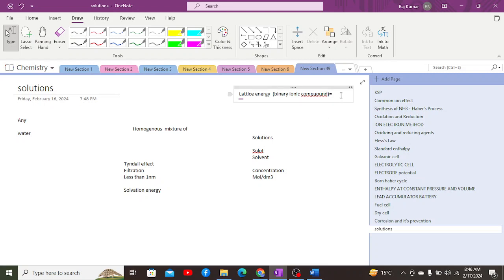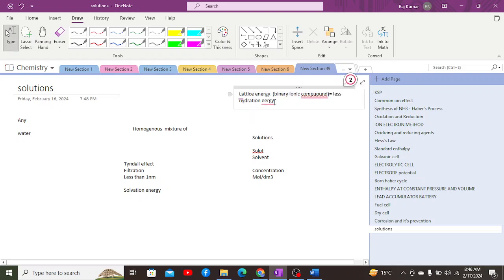And in that case, as solvation energy is decreased, we can also consider the hydration energy to decrease as well if it is the case of water. So in case of water, the hydration energy would be decreased as well. And if we talk about the case in which lattice energy is higher,